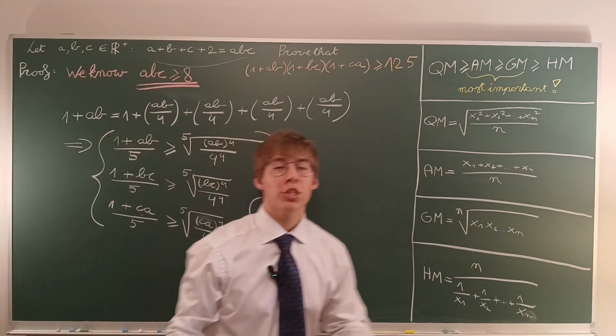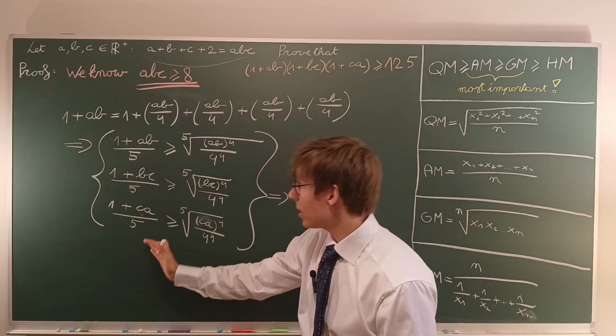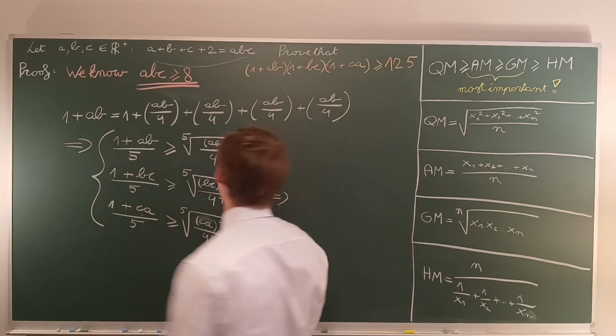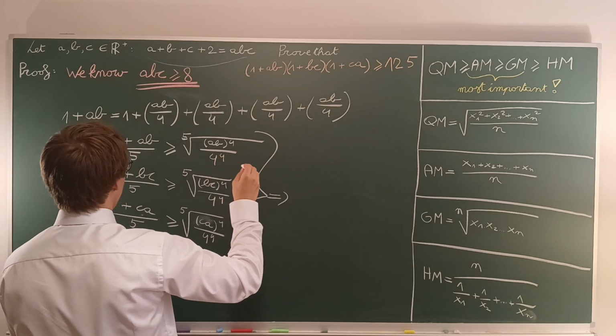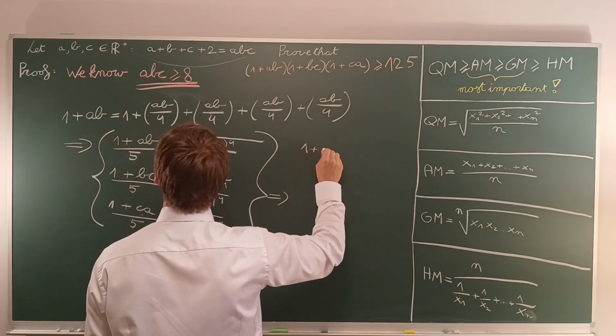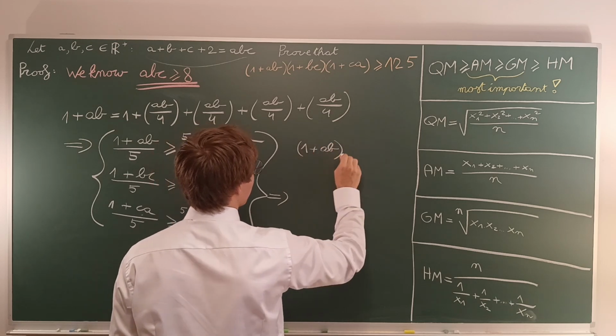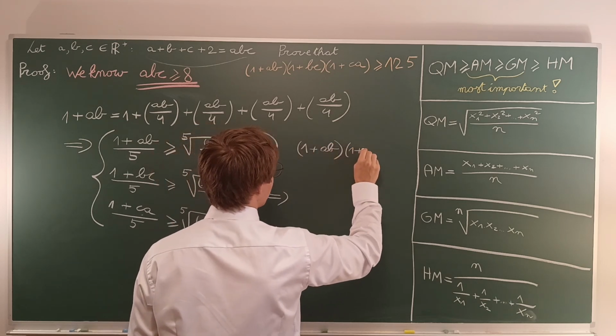But now we can multiply all these inequalities. We multiply all these sides and all these sides. And this will give us that 1 plus ab times 1 plus bc